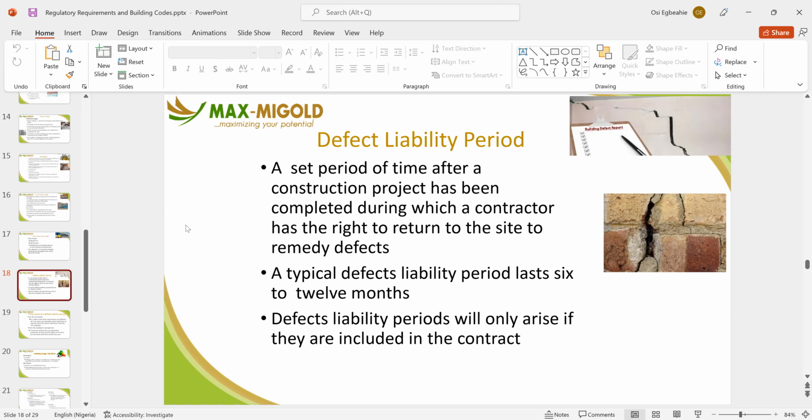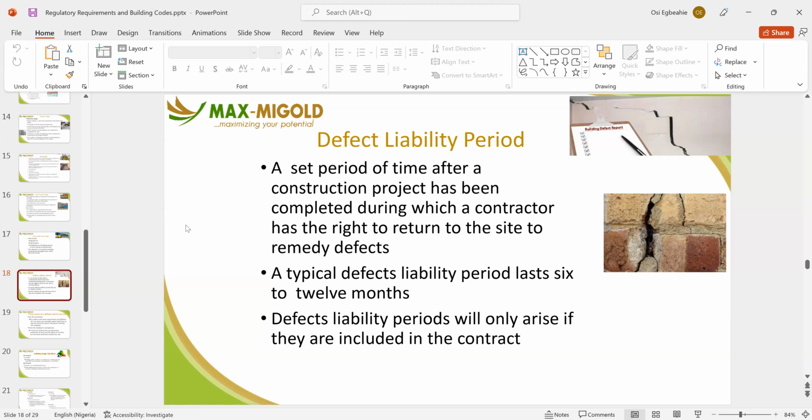Normally any building construction you do is never finished. What you actually get is what we call practical completion. Once you get to practical completion, the building is handed over to the client, who comes to use the building, and you now have a deferred liability period. That period is typically between 6 to 12 months, and during that period, any defects that may happen in the building that are not due to the client's problem will be fixed by the contractor.